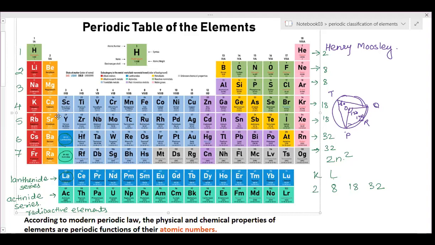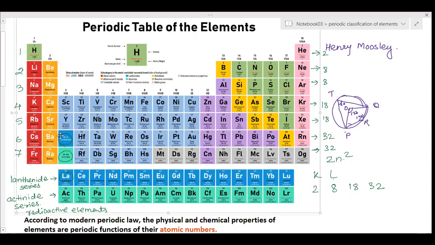Okay. So metals are on the left hand side of the metalloid diagonal. On the right hand side, these are non-metals. Here are the noble gases, and this diagonal is the metalloids. Now, there are some specific group names they have given. We know that in each group, elements have similar chemical properties. Therefore, these elements, lithium, sodium, potassium, rubidium, cesium, and francium, shown in red, are alkali metals, because when these metals react with water, they form alkali.